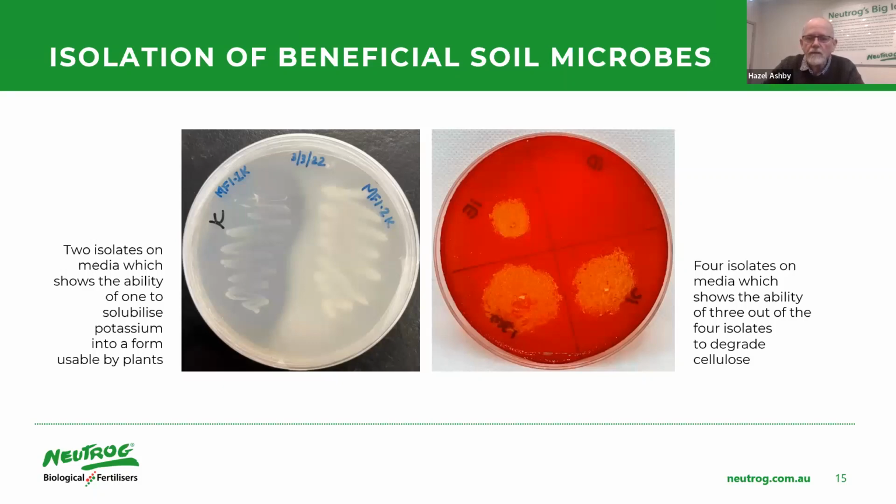That red plate that you see is a plate looking at the ability to solubilize or break down cellulose. So one of the key elements in nutrient cycling is to actually be able to break down organic material. And a lot of organic material consists of cellulose and cellulose-like materials. So if you think about your thatch in your lawn or the stubble in the field, that's mainly cellulose. So the idea here is to isolate microbes that can break down cellulose. If you have them, you can then release the nutrients trapped within that organic material. So we look for those. So the ones that have that orange halo, they're capable of breaking down the cellulose. And the one that you see there called 1D is the one that can't break down the cellulose, so the plate stays red.